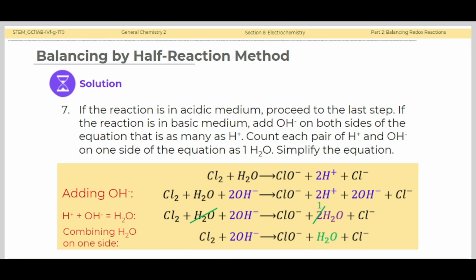Next, simplify the equation by combining water. On one side of the equation, the product side has more water molecules than the reactant side has, so we'll rewrite water on the product side. Thus, we have 1 chlorine plus 2 hydroxide ions producing 1 hypochlorite ion plus 1 water molecule and 1 chloride